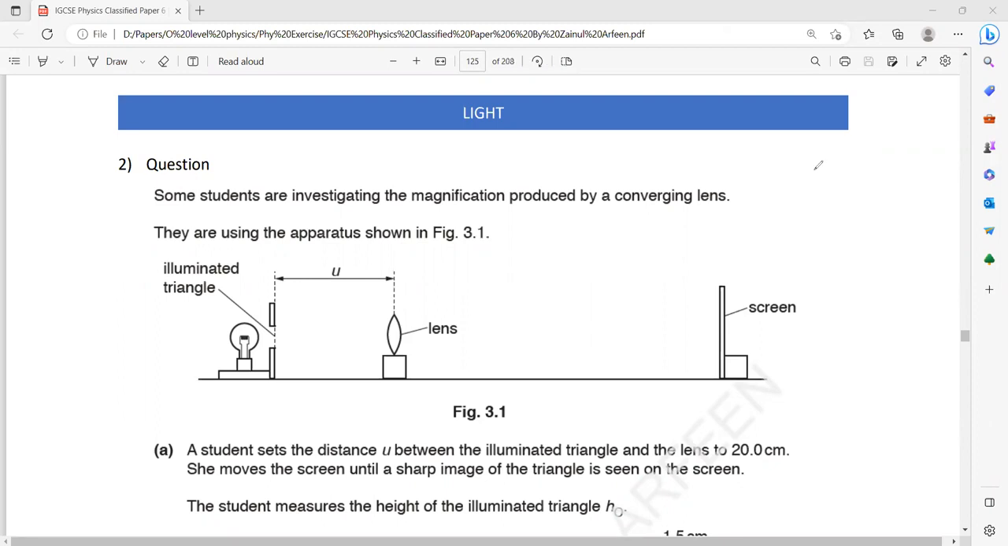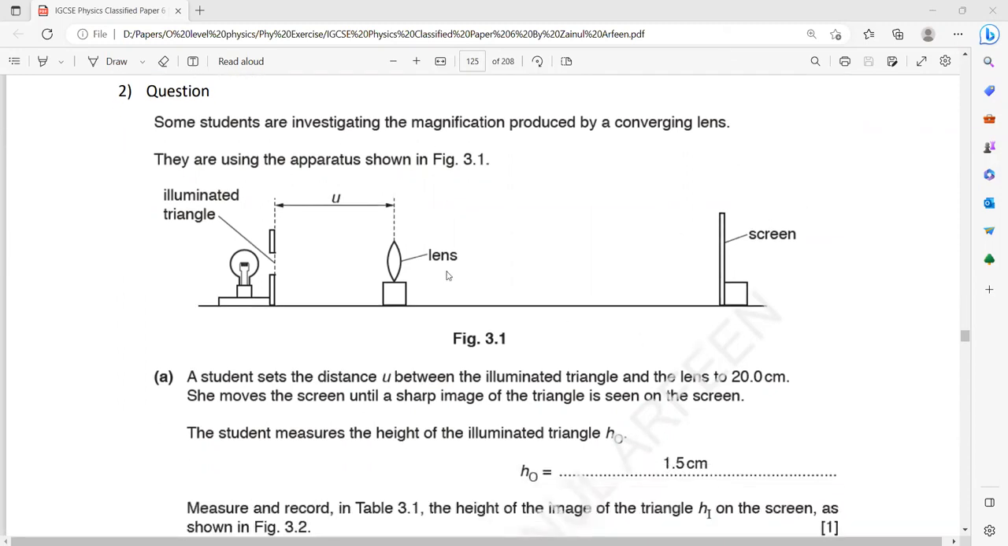For example, if the image is 10 centimeters and the height of the object is 5 centimeters, how many times is the image bigger than the object? It's twice, so the magnification will be 2. So magnification is a ratio between the size of the image over the size of the object, or height of image over height of object. They use apparatus, so you should learn this,